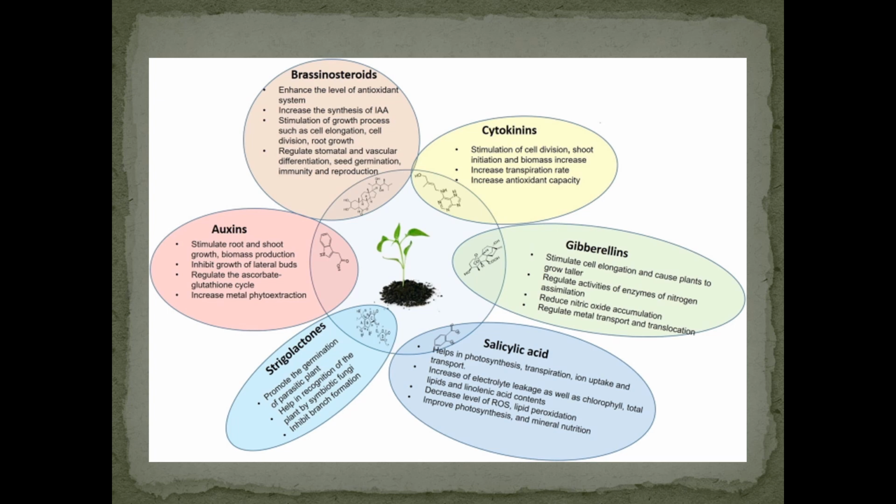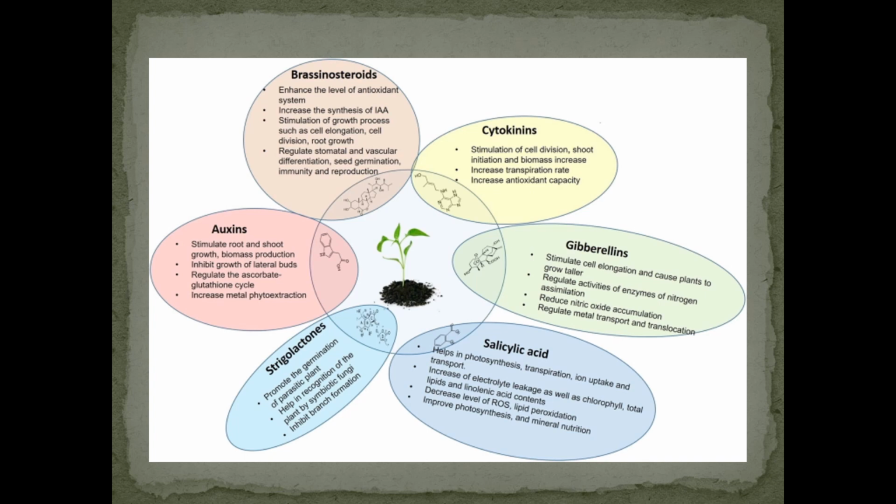And another hormone, auxin. Auxin has a major role across all plants. It was the first growth hormone to be discovered. The hormone came into existence through the observations of Charles Darwin and his son Francis Darwin. They observed that the coleoptile of canary grass responds to a unilateral source of light, a phenomenon known as phototropism. Auxin stimulates root and shoot growth and biomass production, inhibits growth of lateral buds, regulates the